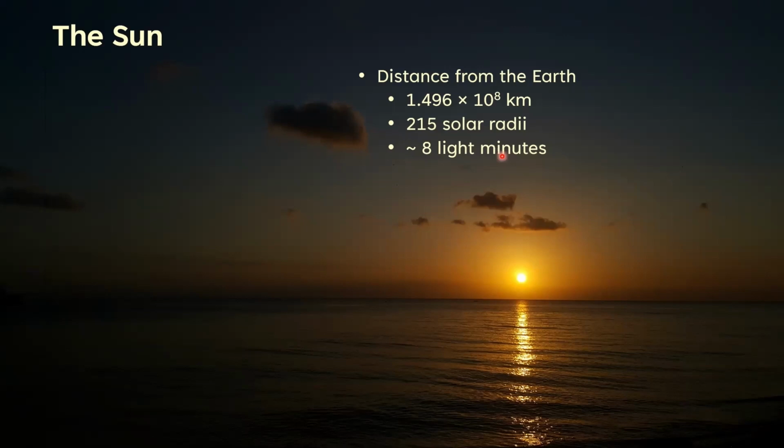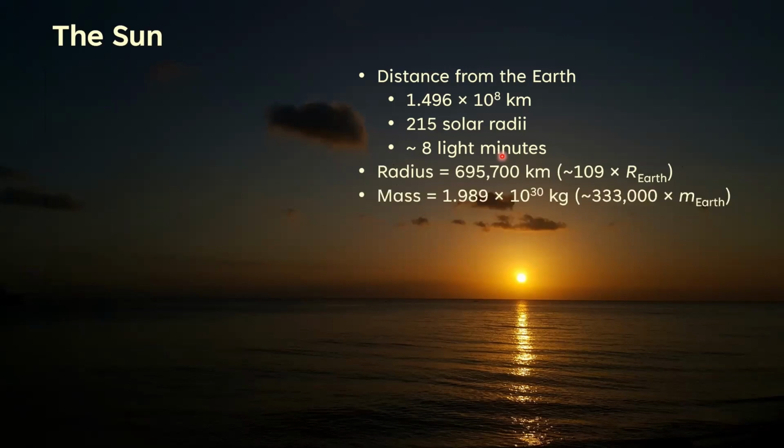So the radius of the sun is very big. It's about 695,700 kilometers, which is about 109 times bigger than the radius of the Earth. So that means you can fit about 109 Earths along the radius of the sun. From one end to the other end, you can fit about 100 Earths between those points.